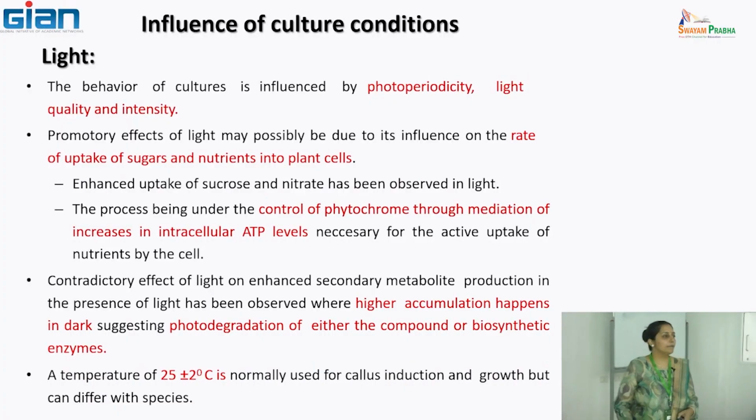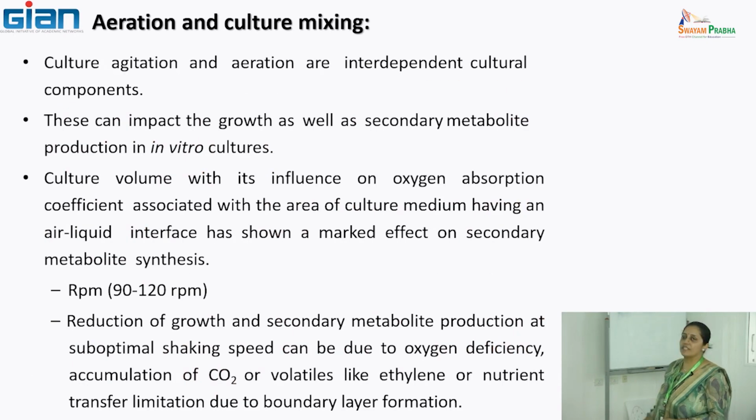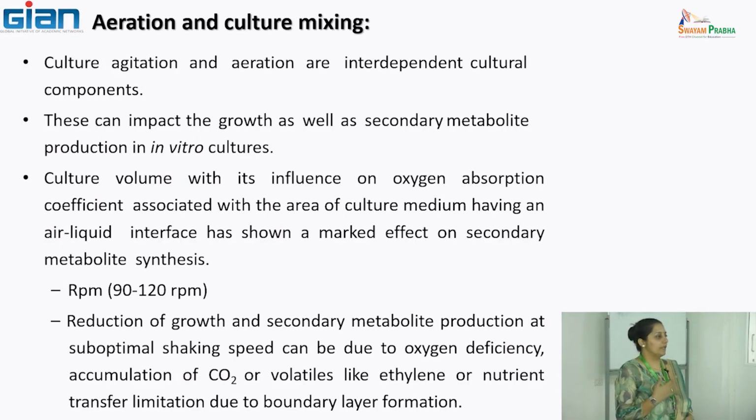Now light is an important factor, because what you can take care of is the photoperiod, which should be optimized, and also sometimes the wavelength of light. You'll come across a lot of literature where secondary metabolite synthesis might be a function of a particular wavelength of light. It can get enhanced. Even in agriculture, this is a strategy to improve production. So it is a fair idea to also look if a particular wavelength is enhancing your product yield multiple folds. But it is highly species specific. So for every species, when you begin, this parameter should be investigated.